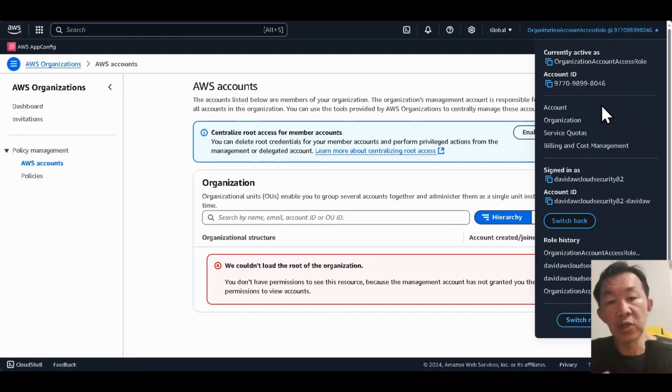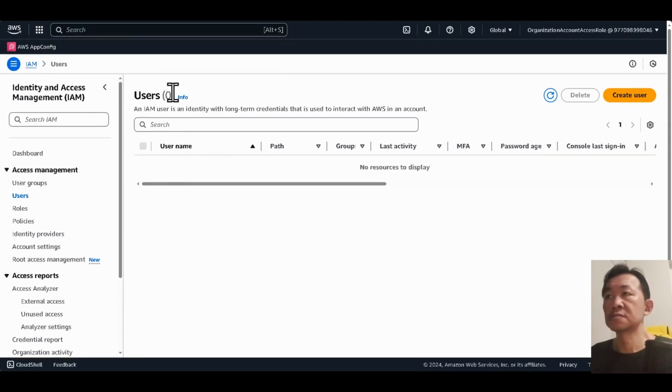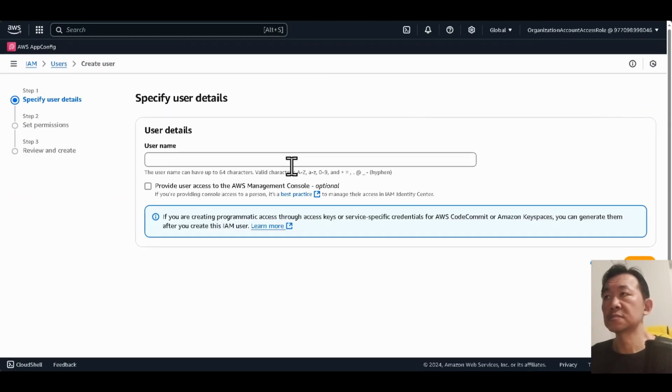So right now we are in a new AWS account. The same thing I'm gonna do to secure this account is to create a new user with little or no policy, and create a new role for this user to access. We're gonna skip this. So there's no user, we're gonna create a new user. Let's call this